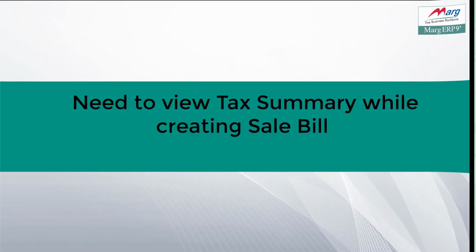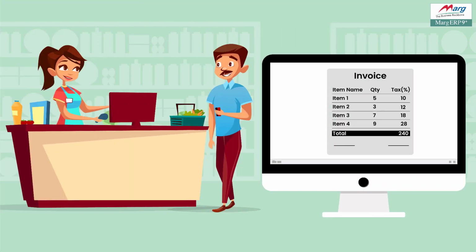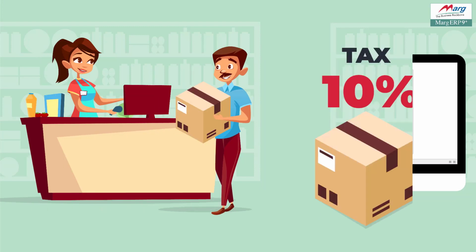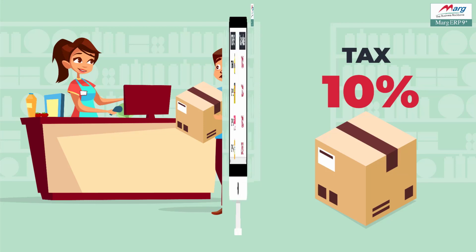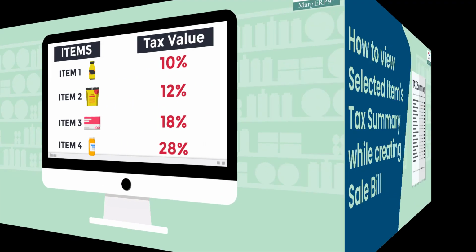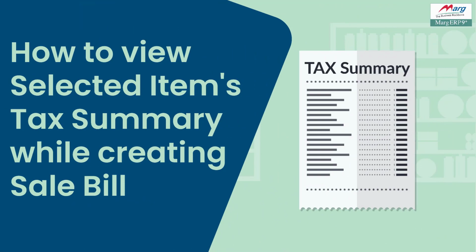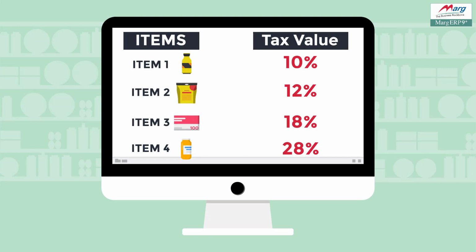For example, you have sold some goods to your respective customer or party on which 10 to 15% tax was charged, and now suppose that customer or party has to return or replace some items or goods out of the items that are being purchased. As there is a provision that the tax on which items or goods are being sold, the return and replacement of those items will also be done on the same tax. So basically this option is used to check the tax value, that whether we have the items or products of this tax value or not.